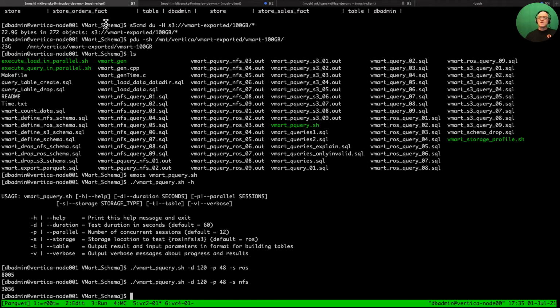Okay, so the NFS queries have completed. You see the using NFS and external tables, again, Parquet format, ZSTD compression, I was able to complete a little over 3,000 queries during that minute and a half. And now if I run it on S3,